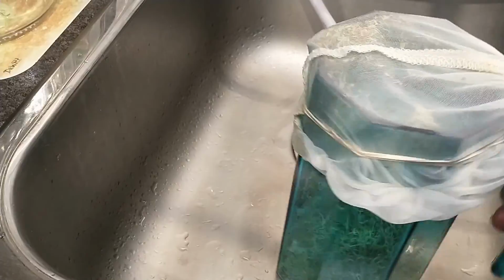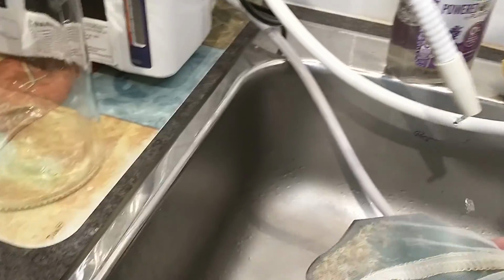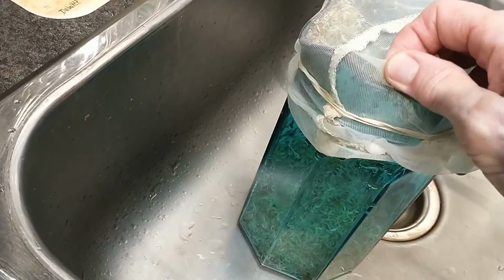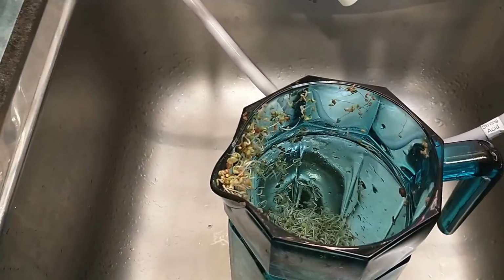It's evening time, and it's time to rinse our sprout mixture with the alfalfa and the clover and the mustard and radish. And so I'm just going to take the lid off. This is, again, like a cheesecloth with a rubber band, which acts as a perfect lid. I want to change the jar that these are in. And when I started this,